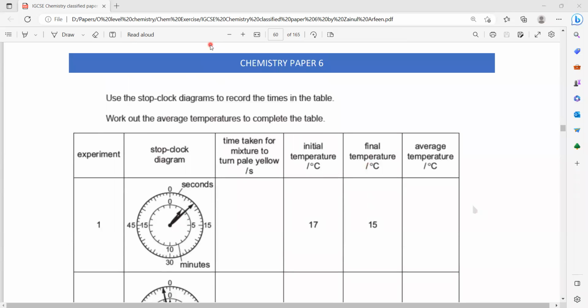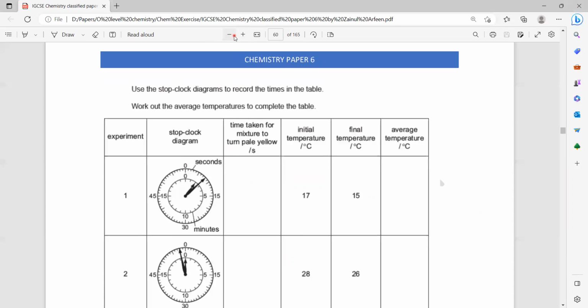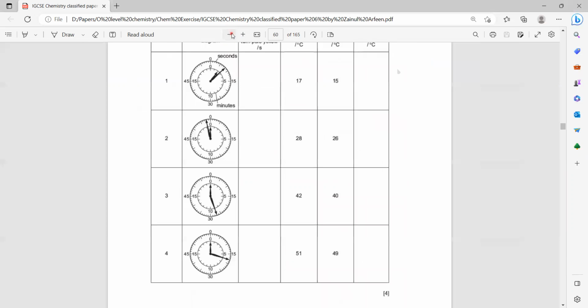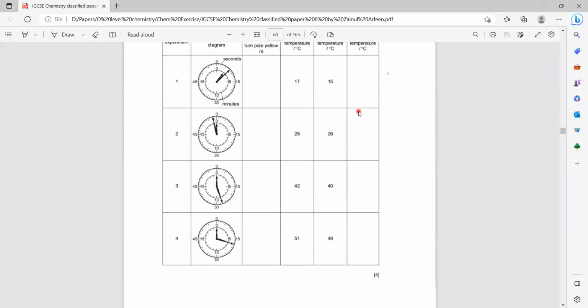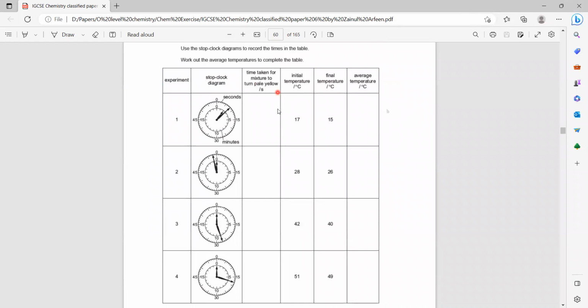Use stop clock diagrams to record the time in the table and work out the average temperatures. Just a minute, I will zoom out, then you can use screen annotation to complete this. Use the time for the mixture to turn pale yellow or light yellow